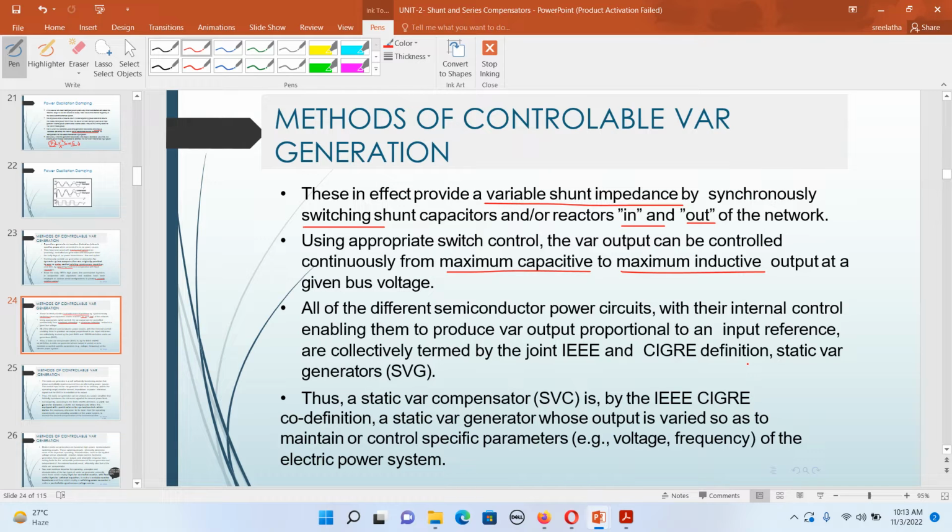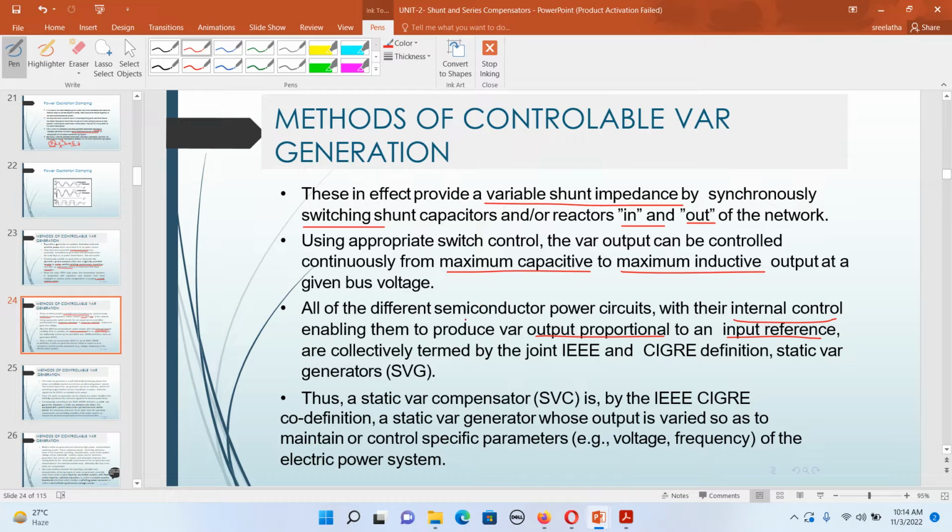So you see, we are taking the output and we are taking some reference point, then we are comparing. The difference is 0.05. So 0.05 is the value that should be taken care of using reactive power. All of this is taken care of by the internal control circuit using the input reference and the proportional output. And the term is collectively,